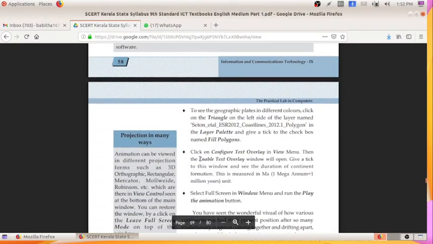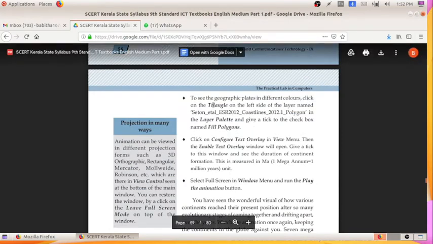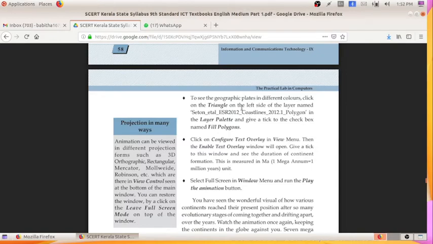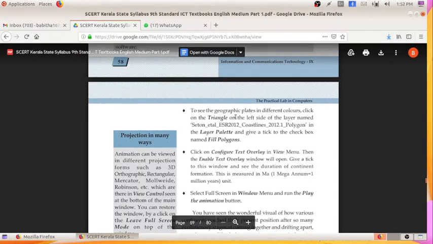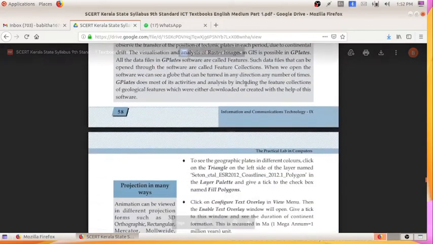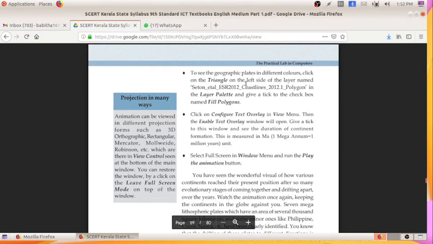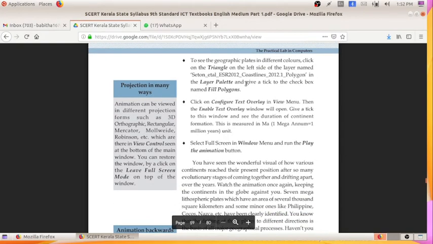For filling the polygons, that is to see the geometrical plates in different colors, we can click on the triangle on the left side. When you click on the option fill polygons in this layer, you can see the different plates filled with different colors. We also started the animation, and we saw the formation of the continents in 3D effect.